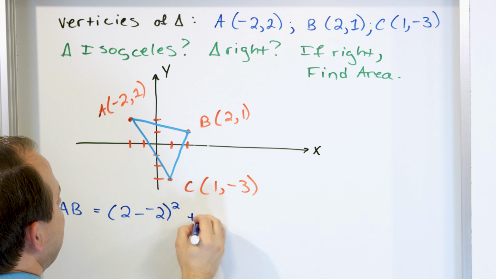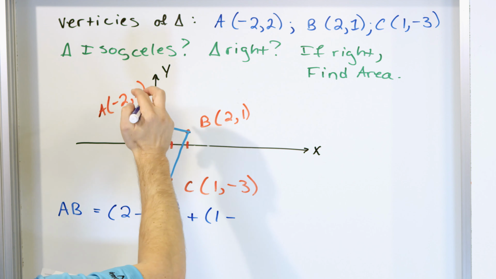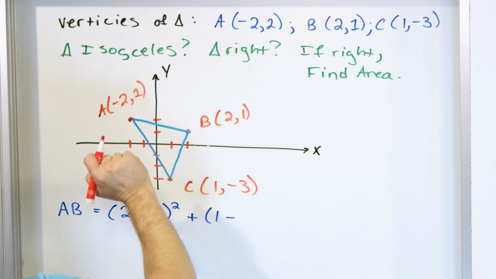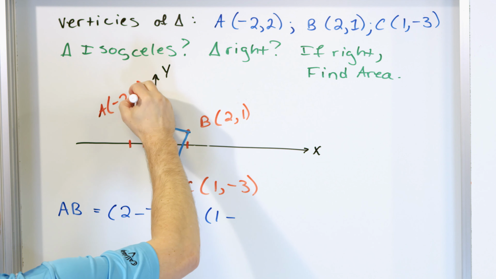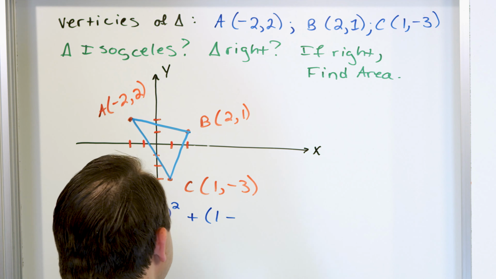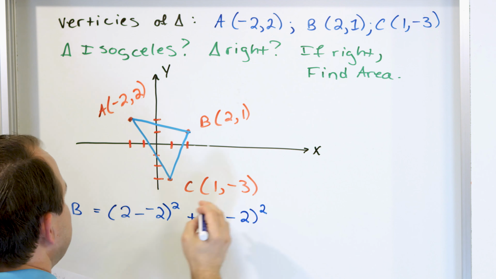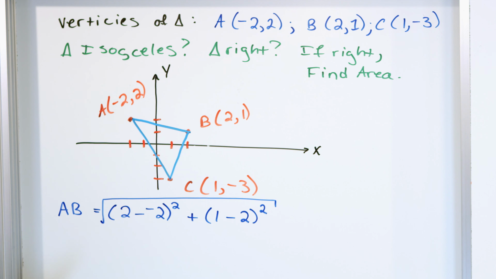And then we have the y, which is 1 minus 2, and we're subtracting in the same direction. We have to square that, and we're going to put a square root around the whole entire thing. All right, so length AB is going to be equal to